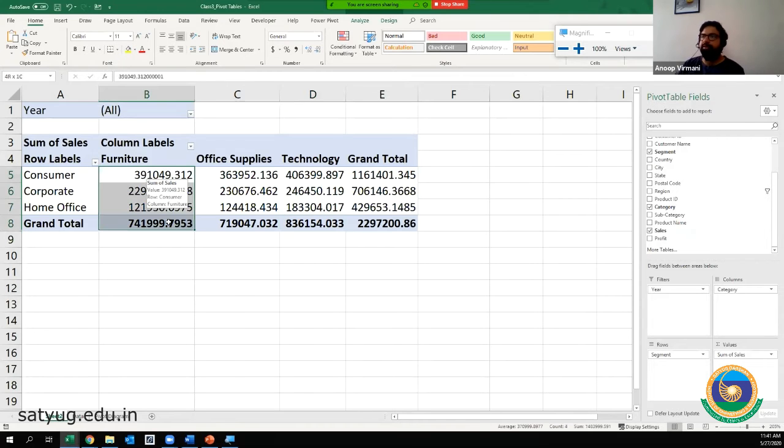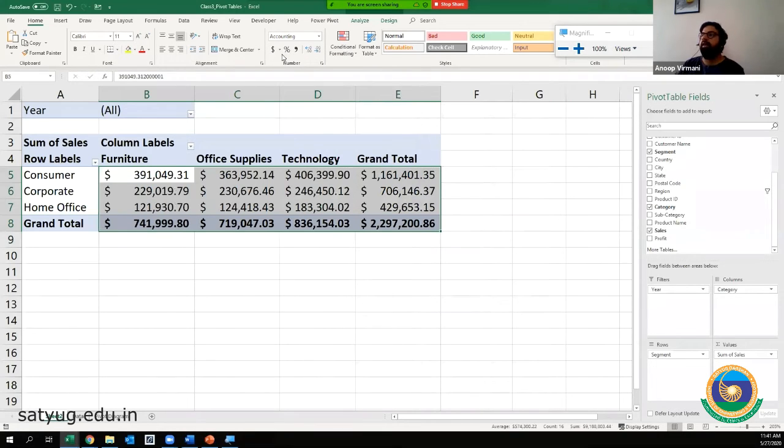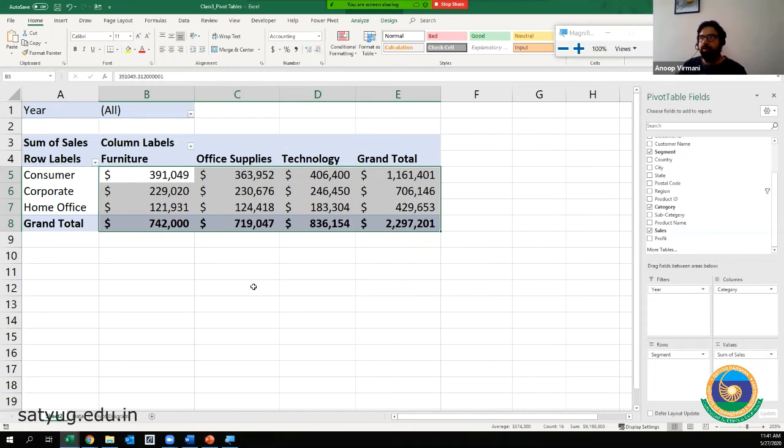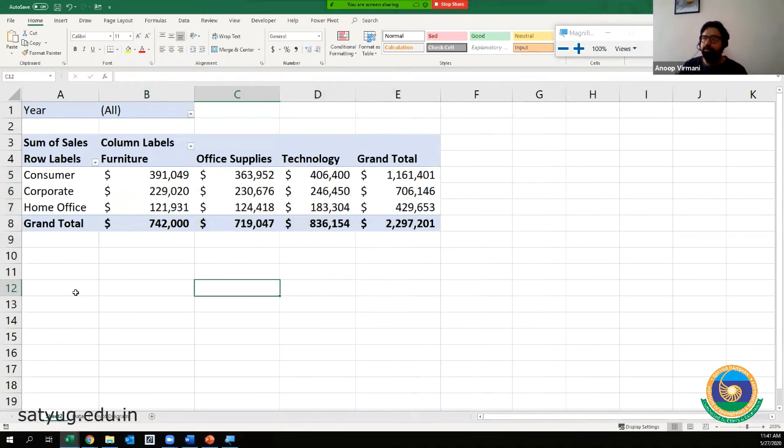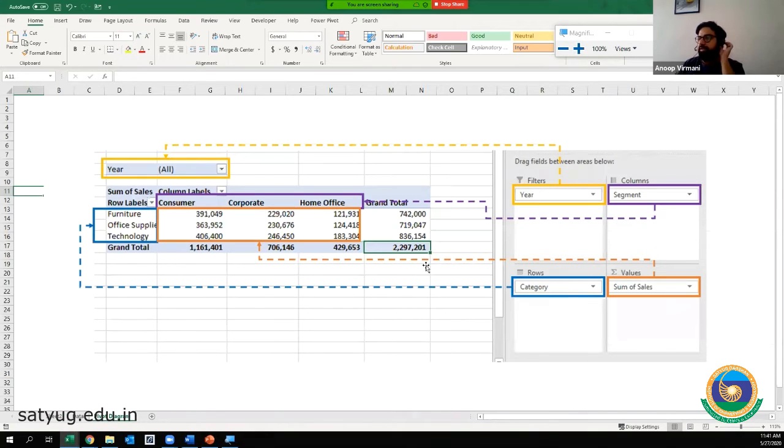So we select it all, right? As it is in the dollar format, we give it a dollar currency value. And if we don't want the decimal places, as I told you earlier as well, we use this option to decrease the decimal. Now it is a little cleaner to present, right? But what is happening behind, let us help us with this example. So the year as we enter is going on the top and is working as a filter for this whole pivot table, right?